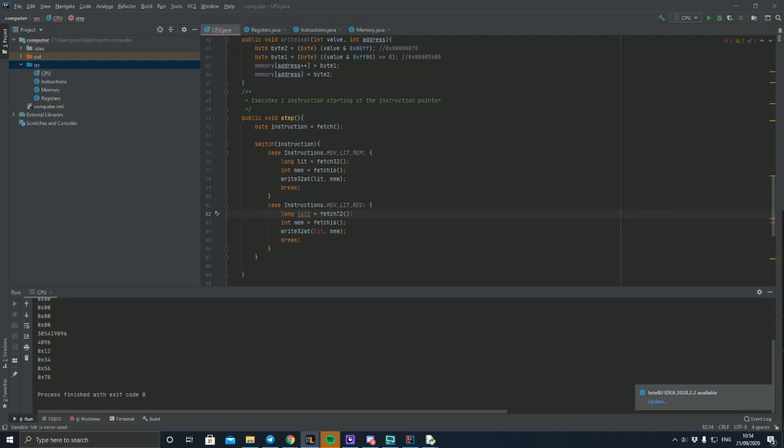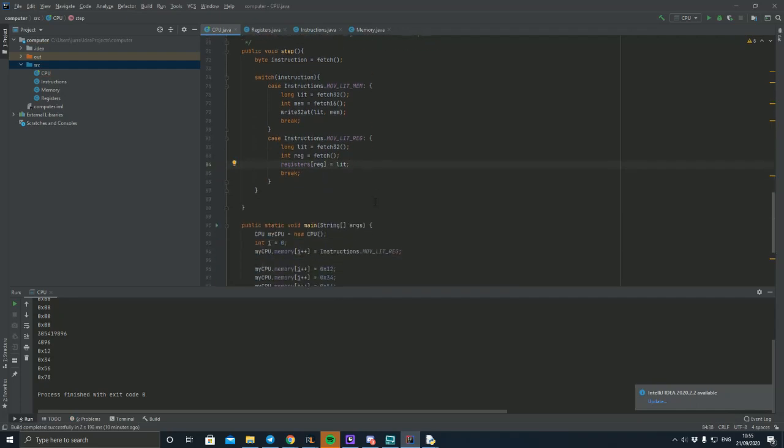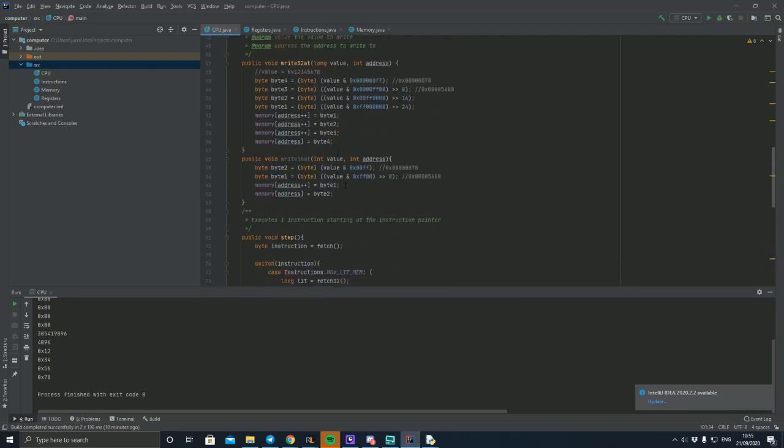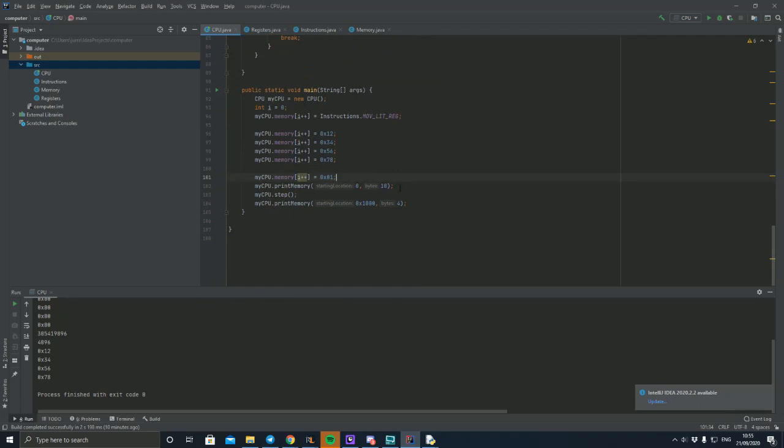Okay, so now we have, IntelliJ is angry at you because it's the same code. So now we have move literal to register. I can say lit is this, the reg is this, and then instead of doing this, I need to say registers reg equals to lit. So now if I say move literal to register, I have the literal, I have my register, and this will be EBX. Then I can say, instead of this,